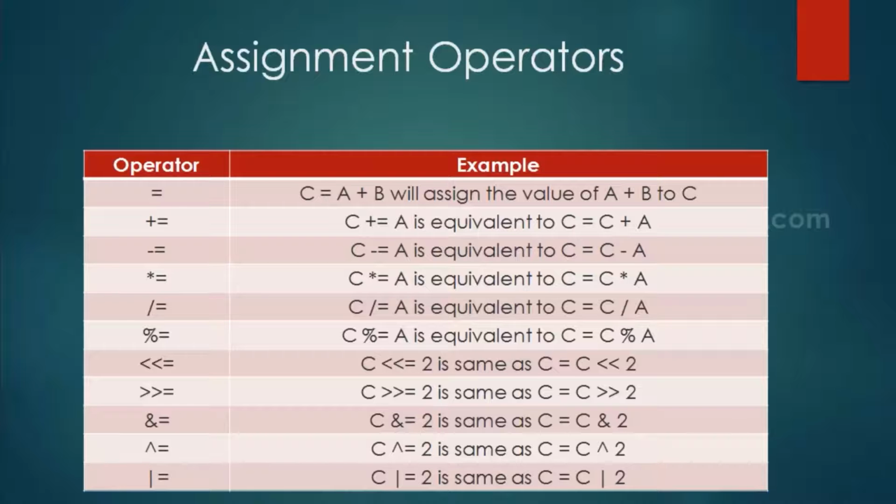If we have the left shift operator, the value left shifted by 1 will multiply the value by 2. Right shift by 1 will divide the value by 2. Now similarly we have bitwise operators, that is AND, OR and XOR, where the operation is done and then it is assigned to the left side variable.